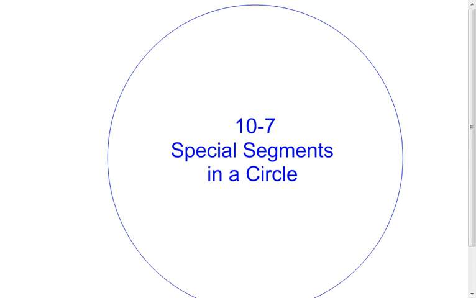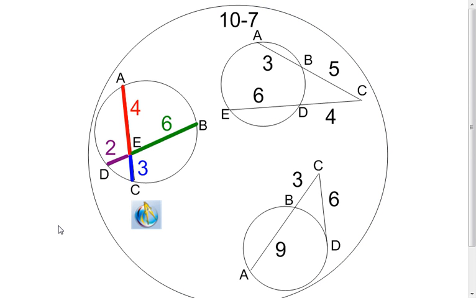In this lesson, we're going to look at what are called special segments in circles and the lengths of those. So the first thing you want to do is in your circle book make these 3 circles with these different numbers on, and as I go I'm going to put some color into them. But the first example is this one, and I'm going to look at the relationship between the lengths of these